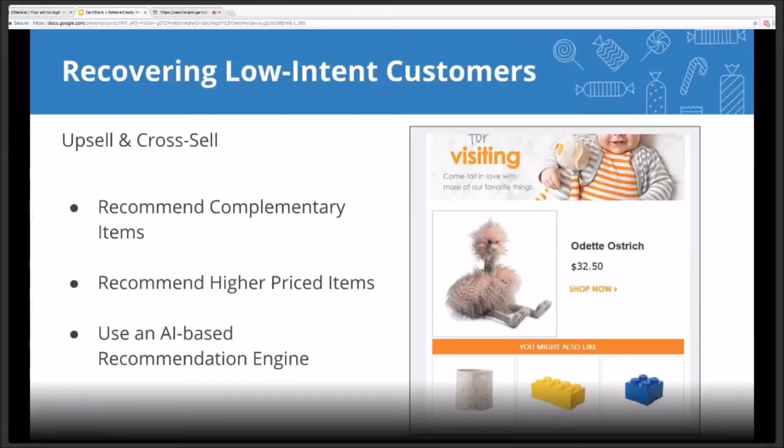And then third, there are tools, CartStack being one, shameless plug, that will watch your shoppers, learn about their buying habits and automatically make recommendations for other products that they will be most likely to purchase. So trying this tactic in your browse campaigns could be a good way to get your shoppers interested in something else, just in case they lost interest in what they were originally looking at, by using an AI-based recommendation engine to make product recommendations.